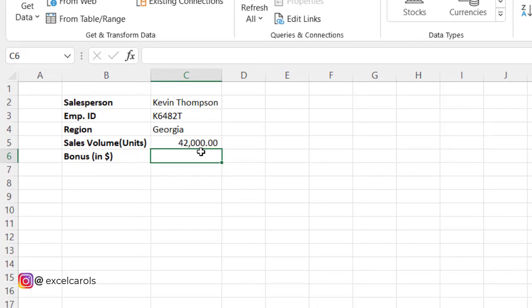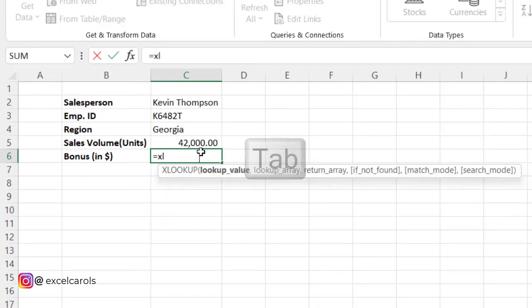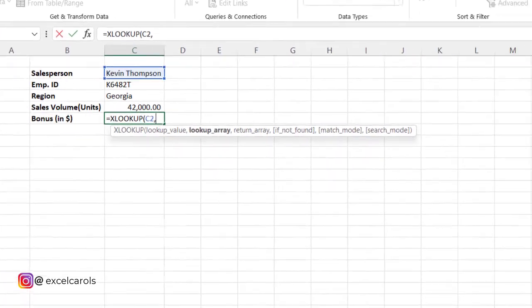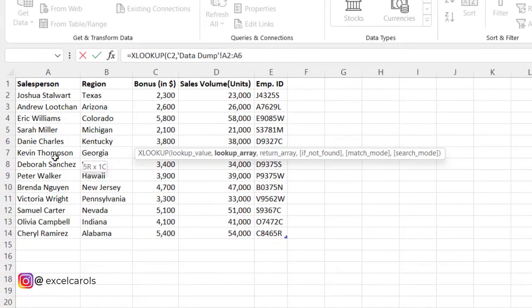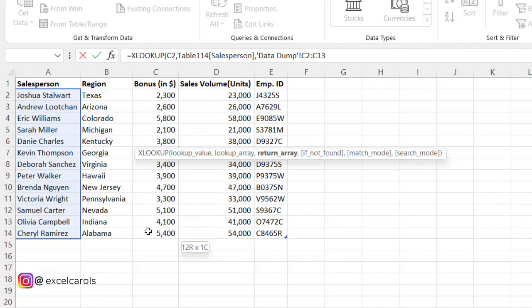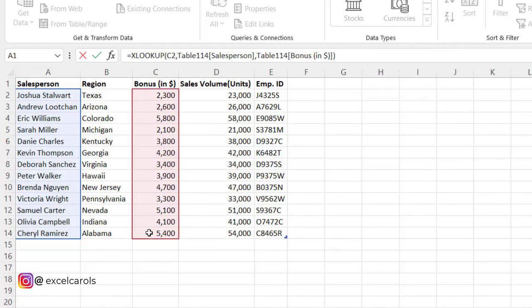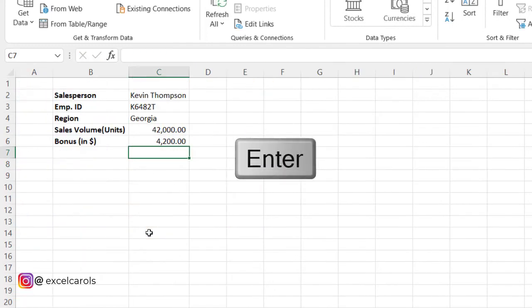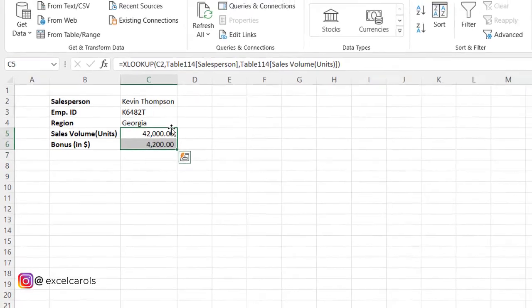Let's enter the bonus in a similar way. We'll use XLOOKUP, the lookup value again, the lookup array, that is the list of salesperson, then the return array, that is the list of bonuses, close bracket, press enter, and we have these values.